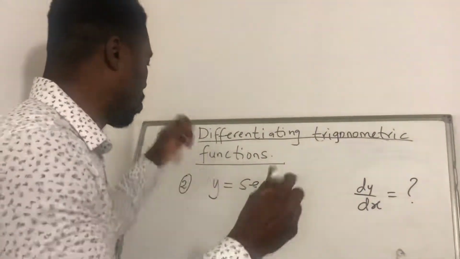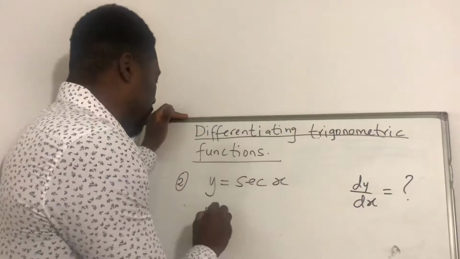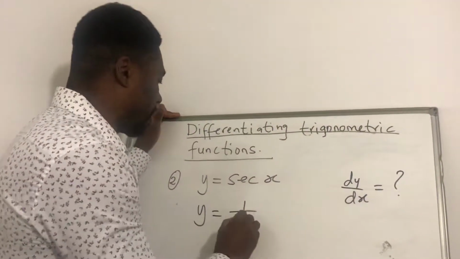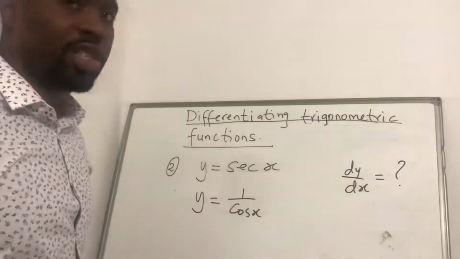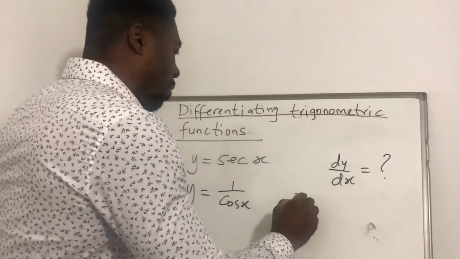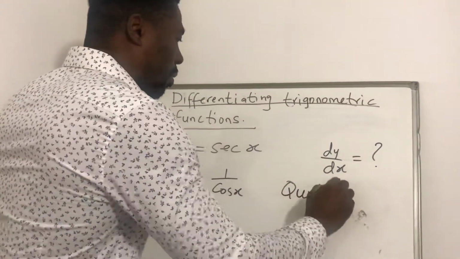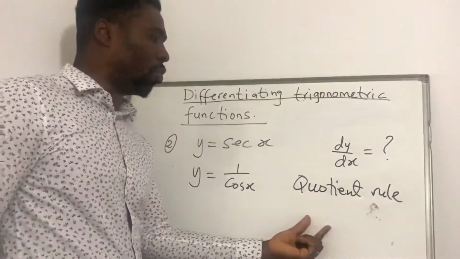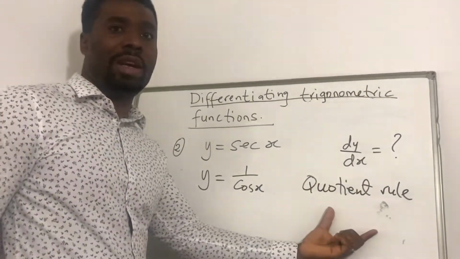To differentiate this, we write this function y equals sec x, which by definition is the same thing as 1 over cos x. So to differentiate this, since this is a fraction, we need to use our quotient rule. If you haven't watched the video on quotient rule, you can watch the video that I've done on it